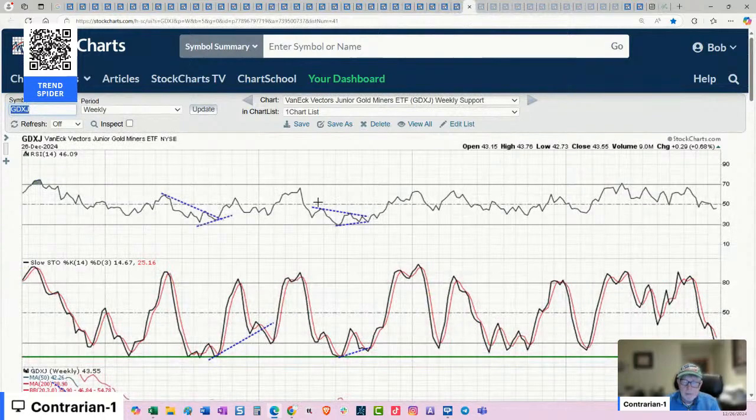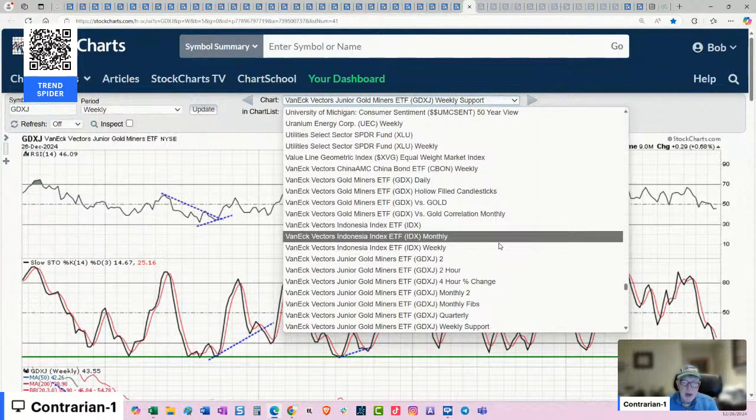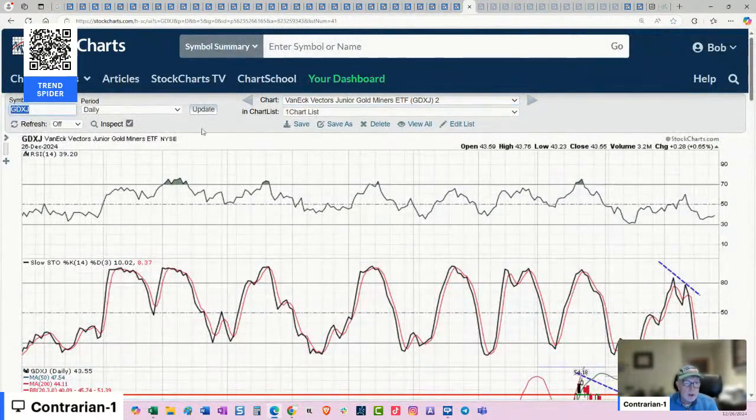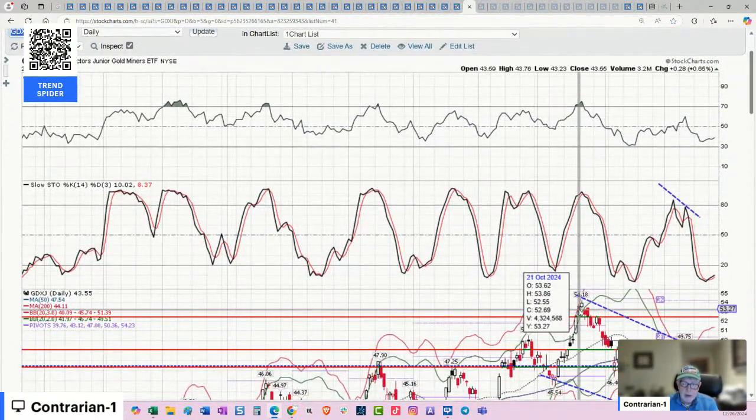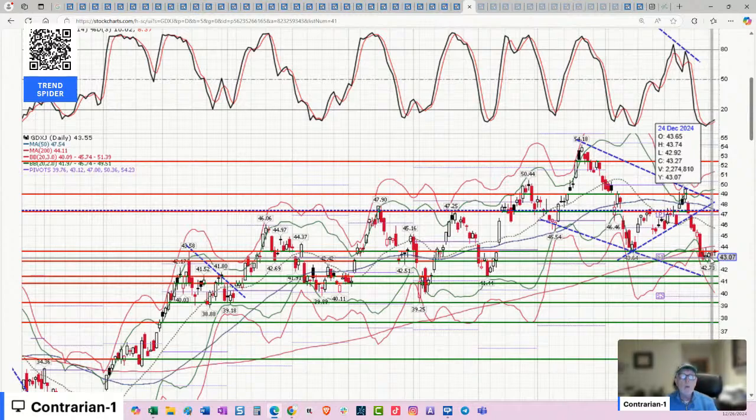Gold stocks. Now, I did my first buying of gold stocks, GDXJ, last week, since we sold half of our position right here, October the 21st, 2024. So we sold 700 shares. I bought back only 100 shares, 1/7 of our existing position. And I'm going to look to add more to this position in the coming weeks and months.